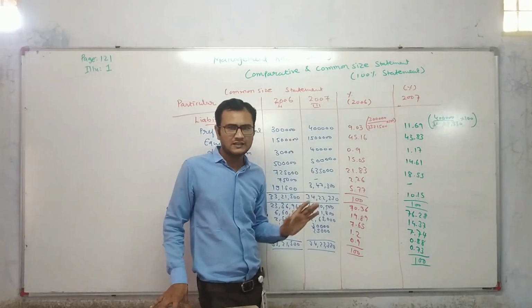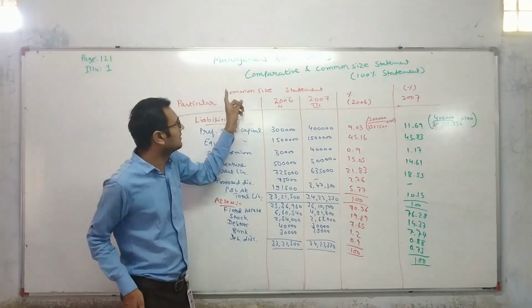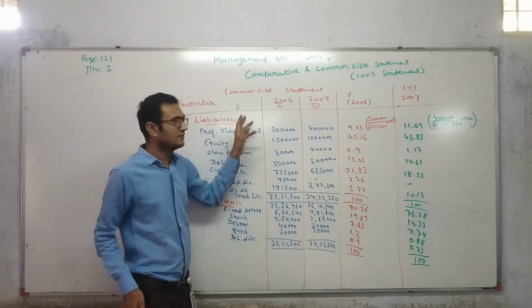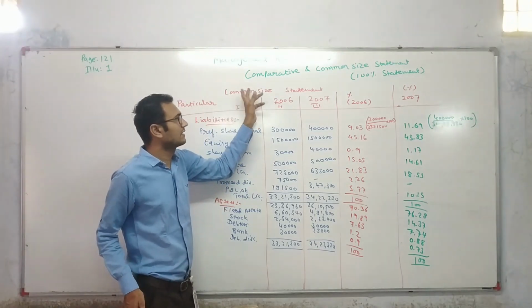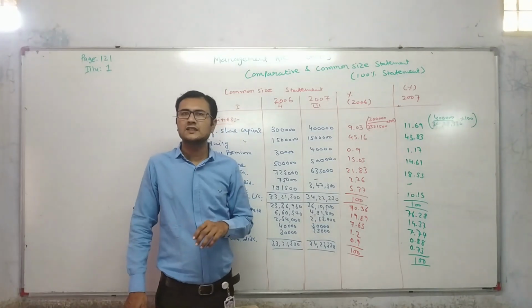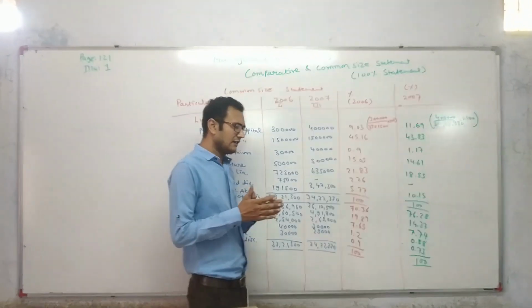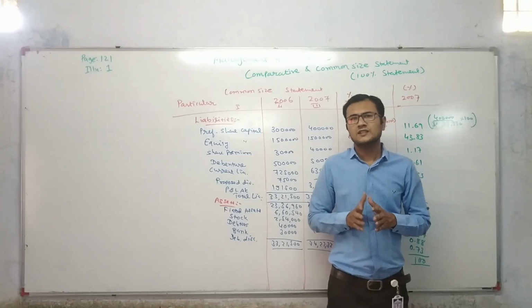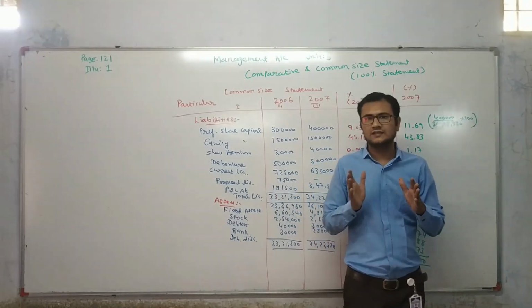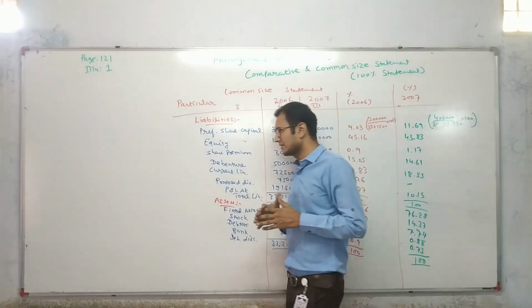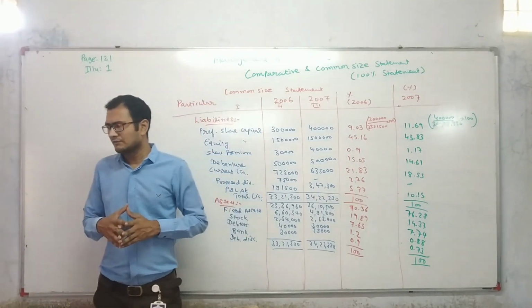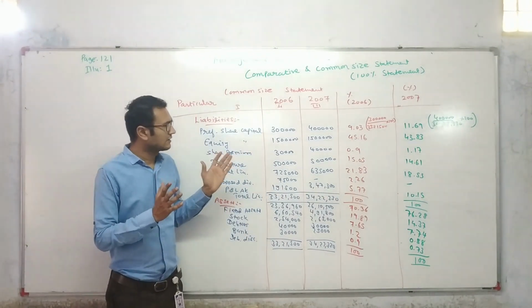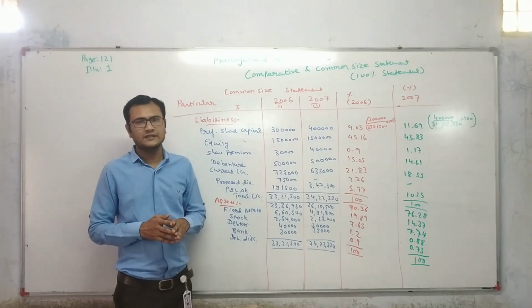So this is about the third unit in management accounting, and it's a very easy chapter, comparative and common size statement. In university exam, in most cases, balance sheet is asked, so many times. So balance sheet sums are what I have preferred for the revision.